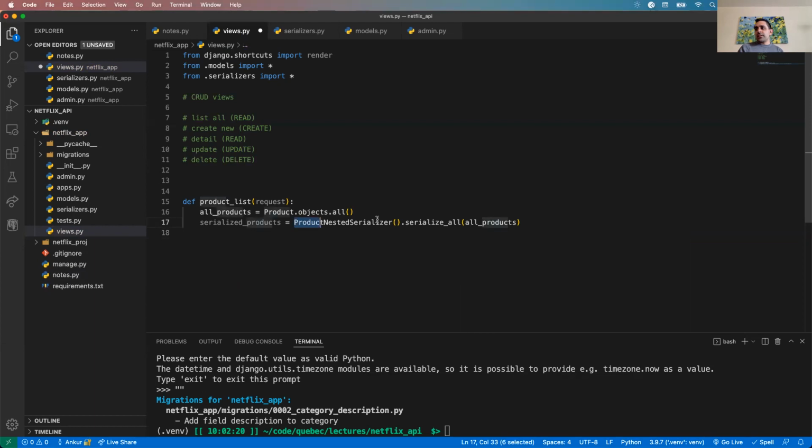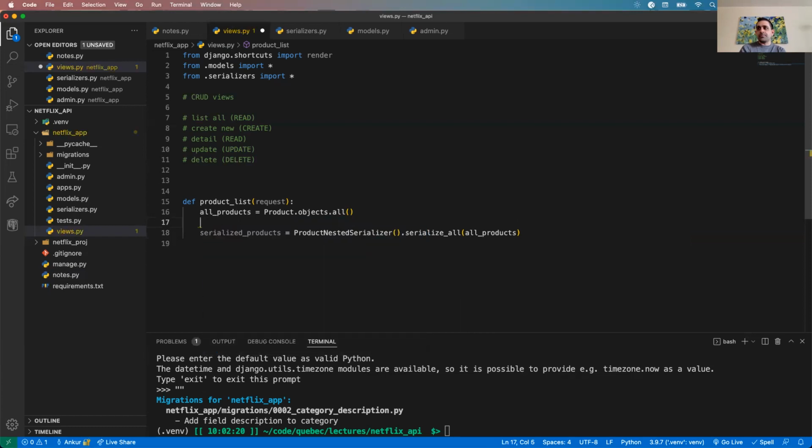All right, so I'm creating an instance of a product nested serializer. I'm doing this all in one line. I could break it apart if that makes it more clear. Let's do it just this one time. Don't get spoiled with this. But let's just do it on a separate line. So we create an instance of the product serializer right here. And then we call that instance on the next line. So there's a method called serialize all. If you guys remember, it takes in a list of something, in this case of products, and it spits out the serialized data. And then we need to respond with